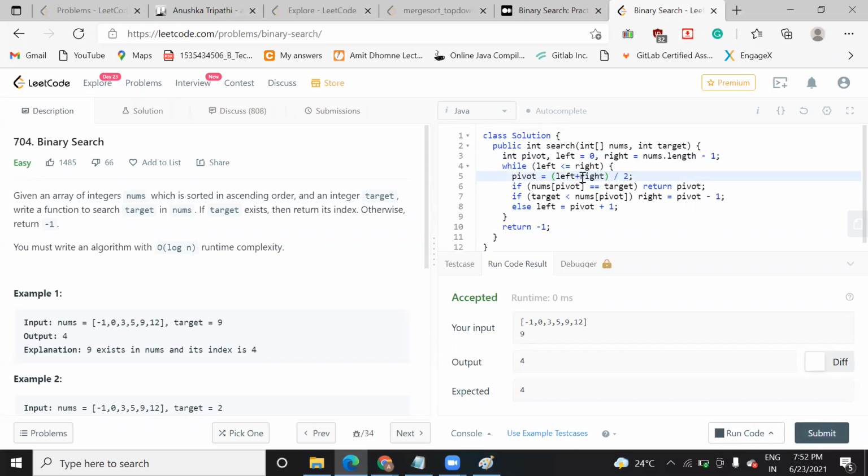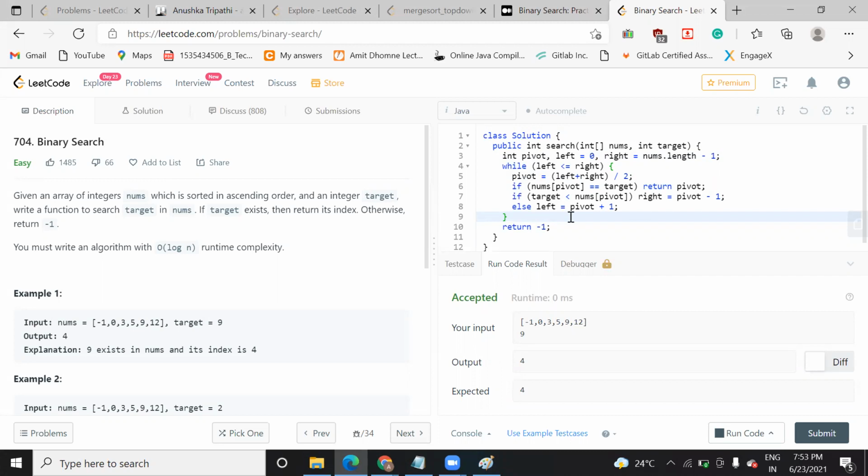So see, I have made the logic. You can make changes to this beginning, and the logic is very simple. If the pivot, meaning the middle value, is equal to your search value, you will write down the index. And in case your target value is less than your pivot, it means it exists on your left-hand side, so you will do end minus one. Right is equal to end minus one. Right means end, left means beginning.